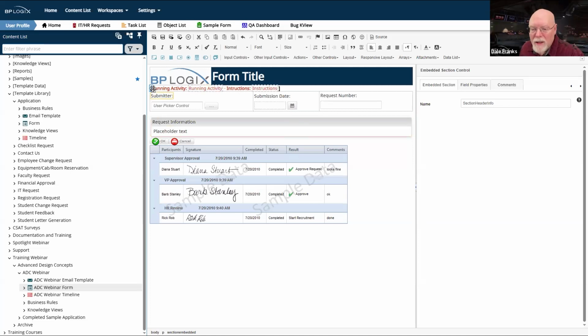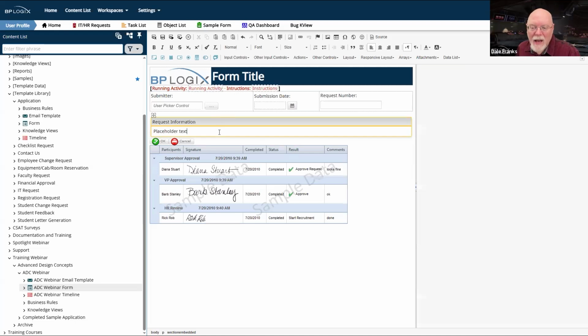The trouble with making something visible or not visible is that when you set a control to visibility, visible equals false, then that control, its value and everything else about it, simply doesn't get transmitted to the form page. It's as if it doesn't exist. The HTML for it just doesn't get written. Which is why, by the way, we can disable a section and enable a form control in that section, and it'll work just fine.